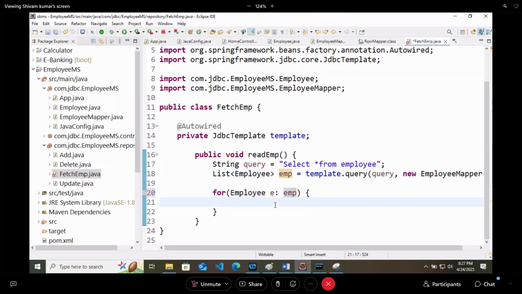And what are you printing? System dot out dot println.